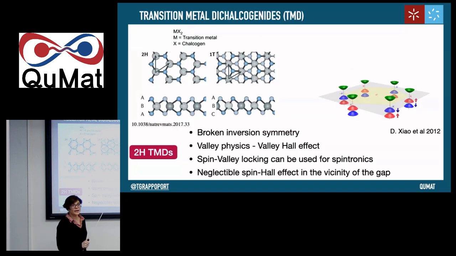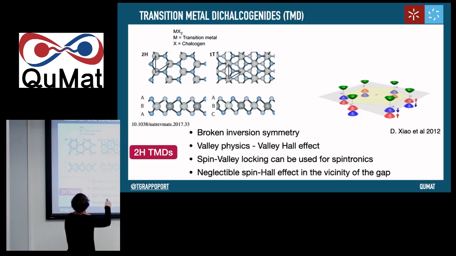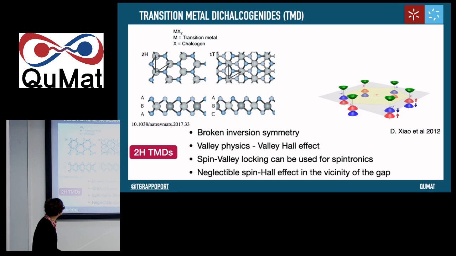So now I'll begin with our works and our results, and I will use transition metal dichalcogenides to exemplify part of the physics that appears when we explore the orbital Hall effect, particularly in several 2D materials. So I use this as an example, but many of these things can be generalized to other systems. So TMDs, I will focus on two structures of TMDs, the 1T and the 2H.